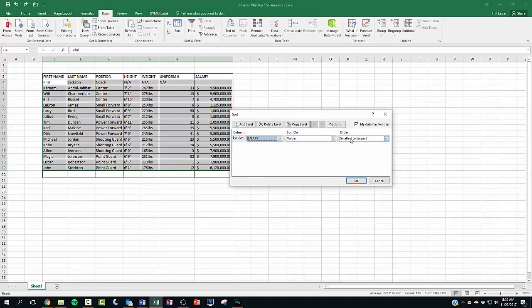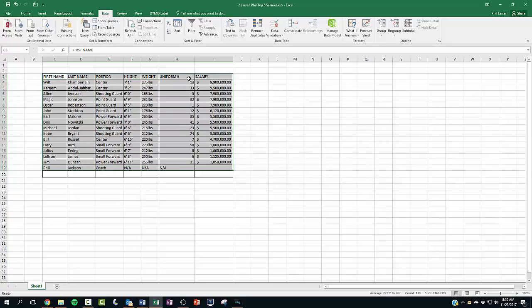And then it says, what order do you want it? Smallest to largest? We actually do not want that order. So we're going to drop down here and go largest to smallest. And when I hit OK, my top 5 players are now right here at the top in order. I mean, isn't that great? And so earlier we talked about Kareem Abdul-Jabbar and Oscar Robertson, and now they are all right there at the top. So I want you to sort that data and get the top 5 players at the top right there.